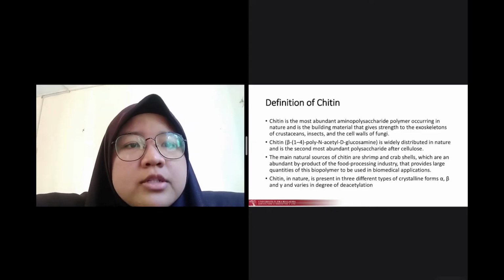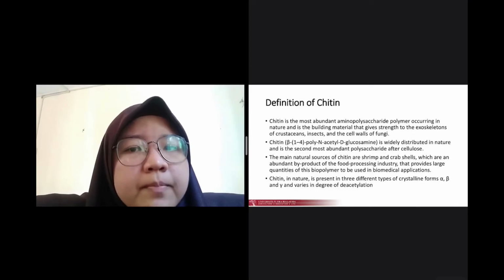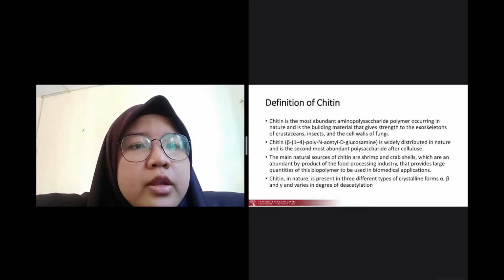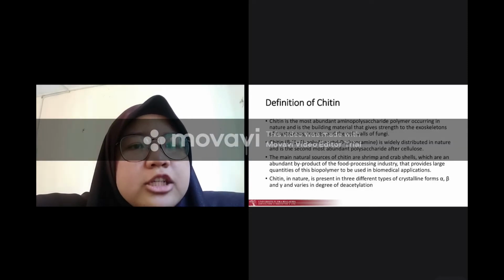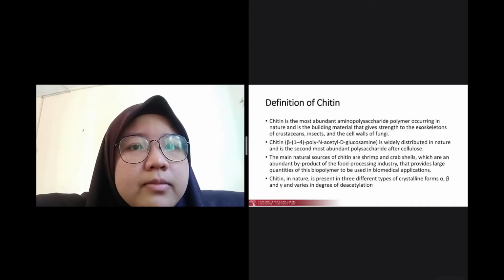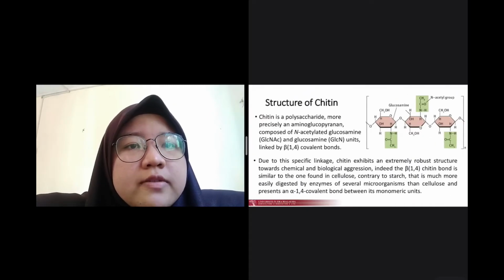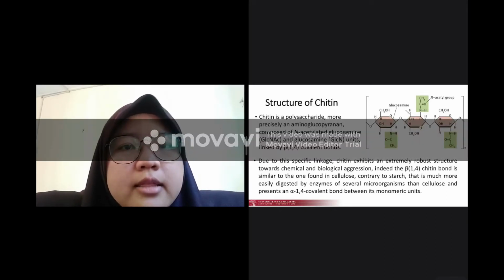The main natural sources of chitin are shrimp and crab shells, which are an abundant byproduct of the food processing industry. They provide large quantity of this biopolymer to be used in biomedical application. Chitin in nature is present in three different types of crystalline form and varies in degree of deacetylation. The structure of chitin is a polysaccharide, more precisely an aminoglycopyranate composed of acetylated glucosamine and glucosamine units linked